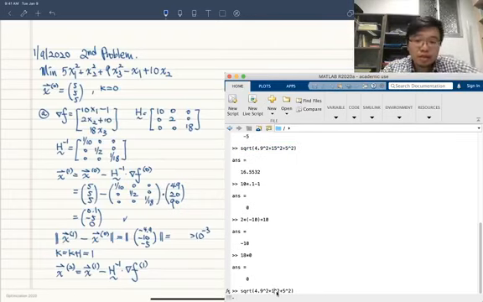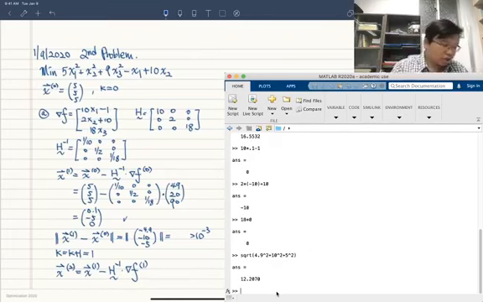So in your exam, you should calculate everything out. So this is how it should be. And over here,